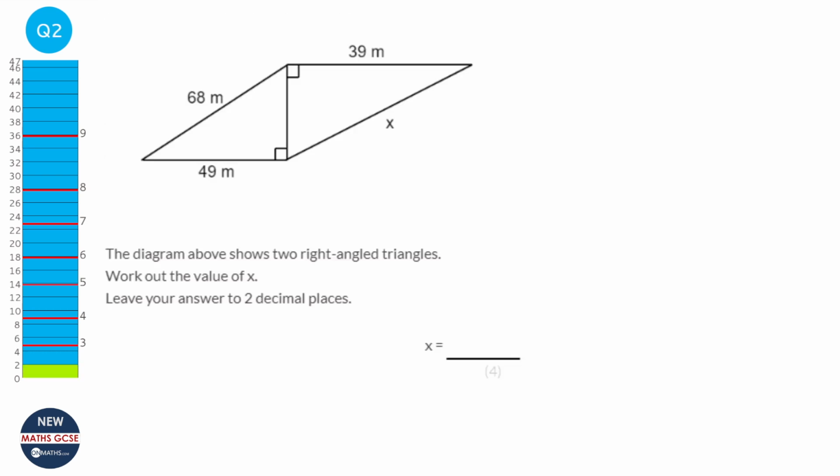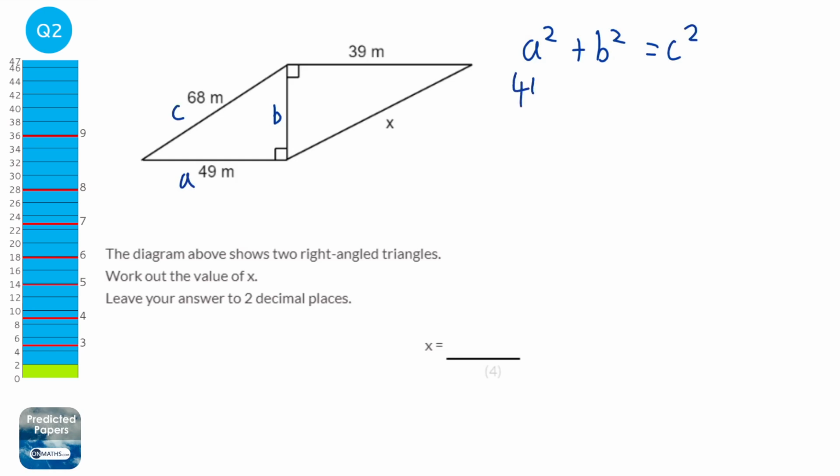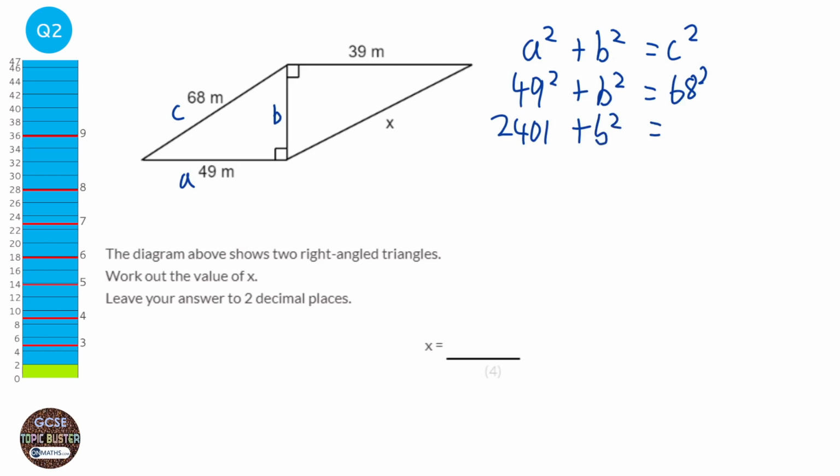We can't work out what x is straight away, but we can find this value here. And we know with Pythagoras we can find a third length if we've got the other two in a right angled triangle. So a squared plus b squared equals c squared. And a and b were labelled. C is always opposite the right angle, so it'd be 49 squared plus b squared equals 68 squared, and 49 squared is 2401, and 68 squared is